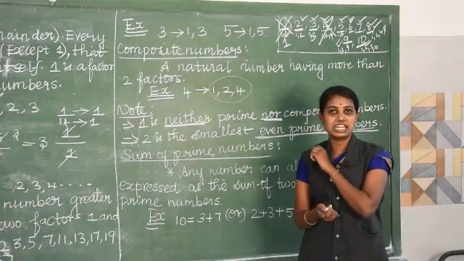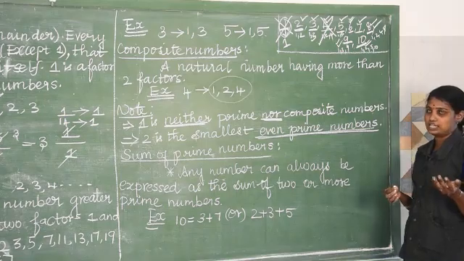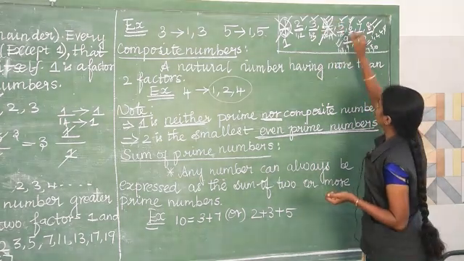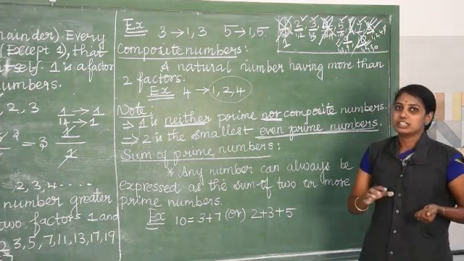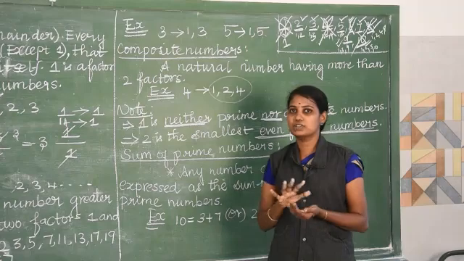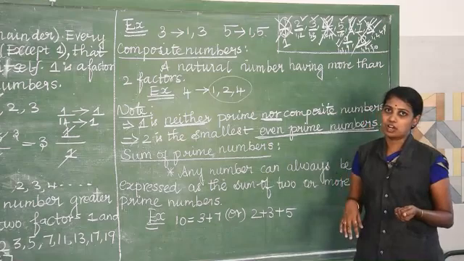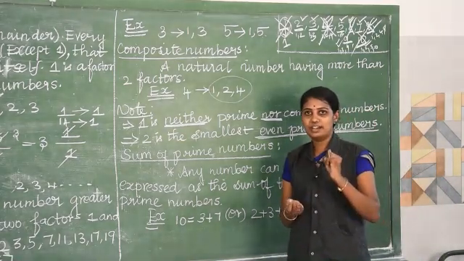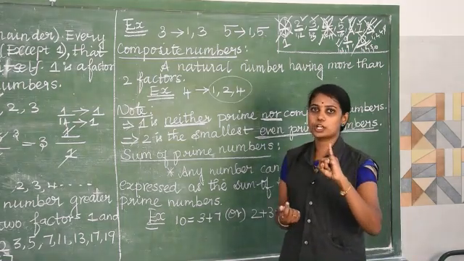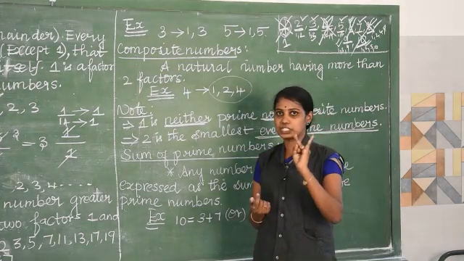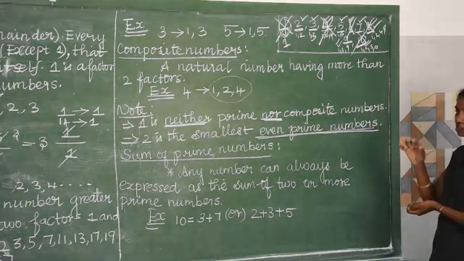So we don't have any even number as a prime number. Even number means it ends with 2, 4, 6, 8, so you can cancel 4, 6, 8, 10. Maximum, all the odd numbers we cannot say as prime numbers, but only the odd numbers will be prime numbers. Odd number means the number ends with 1, 3, 5, 7, 9. But the number 1 is neither prime nor composite number, only 2 is the prime number. Okay, 2 is the smallest even prime number. Remember this, it is very important.